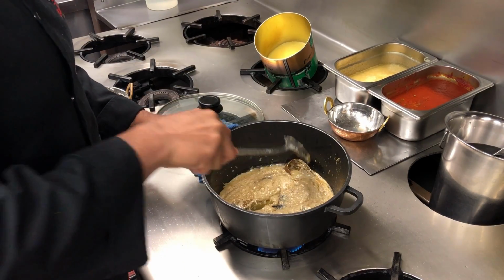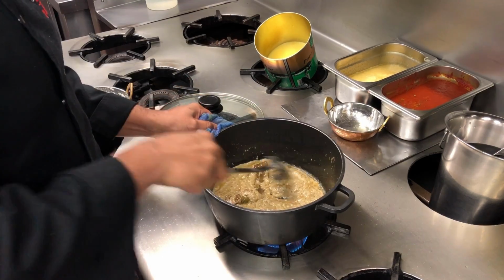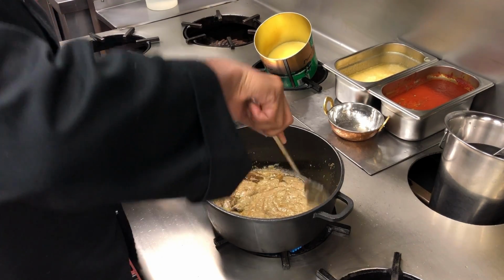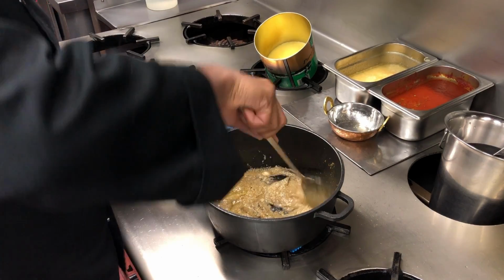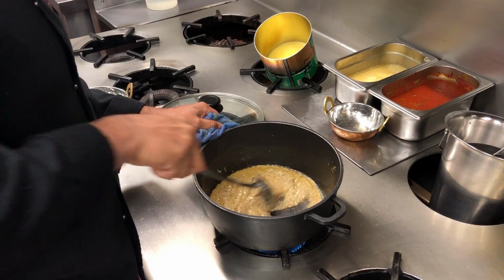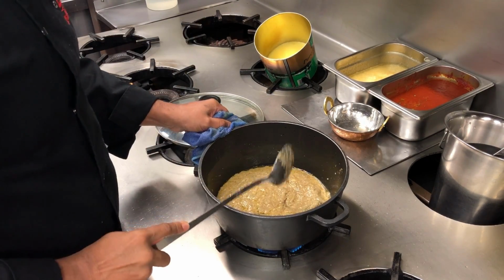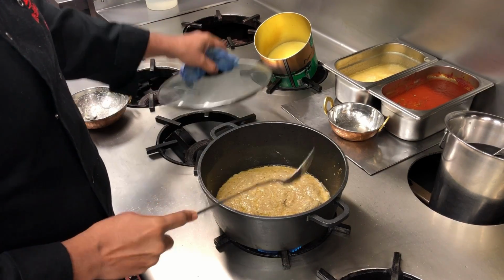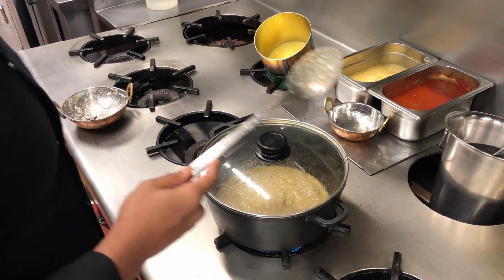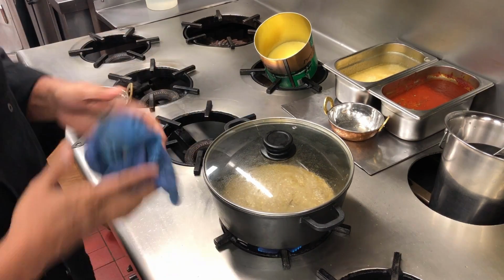And this is going to release a bit of liquid, so my spices aren't going to burn. I put the heat to sort of medium low. It was on medium high before, and now I'm going to cook this for another 5 minutes. I always check up on it every 3 minutes or so. So there you go. It's been about 10 minutes cooking process, and I'm going to let the spices cook for another 5 minutes before